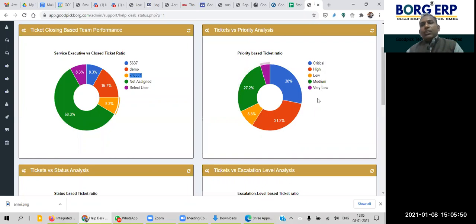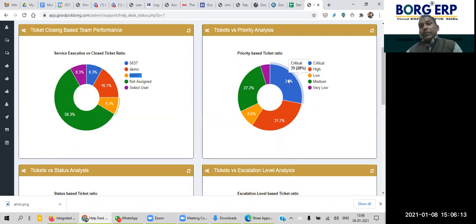Here, based on priority, you can track how many tickets are lying at critical priority, and thereafter go into detail on why this is happening. It means 35 tickets, 28% of total tickets reported.